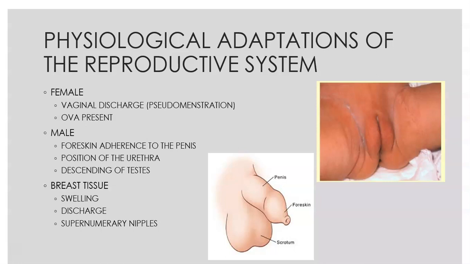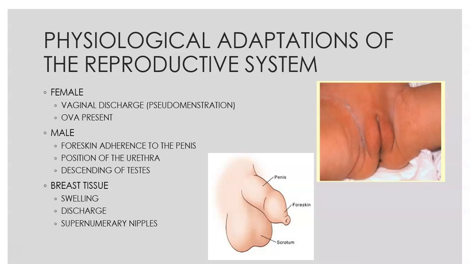As far as males, what things are a little bit different for males. So some of the things that you are checking for: the foreskin, how it's adhered to the penis. Typically with newborns, you cannot or you shouldn't be able to retract the foreskin up till about 12 months of age. And when we get to peds urinary, we'll talk about that in a lot of detail, but you can't retract the foreskin at that age.